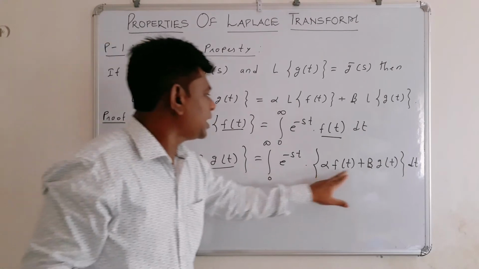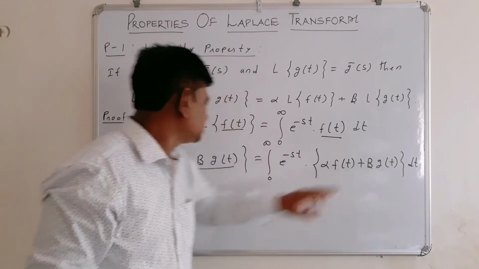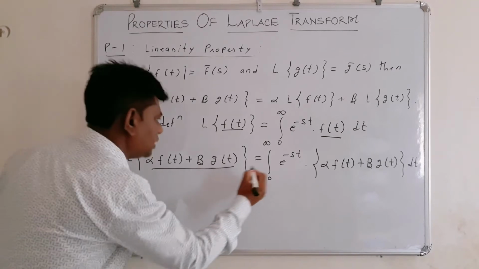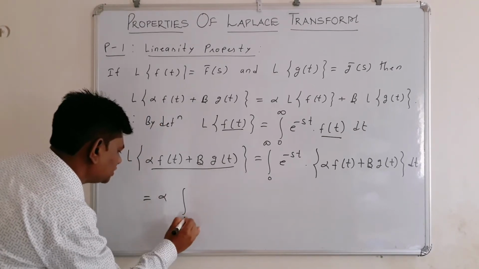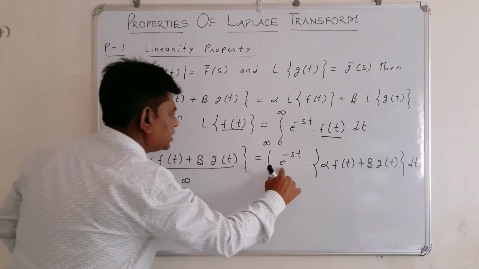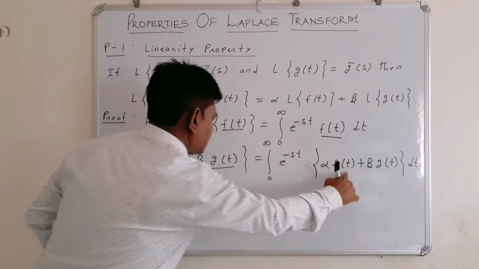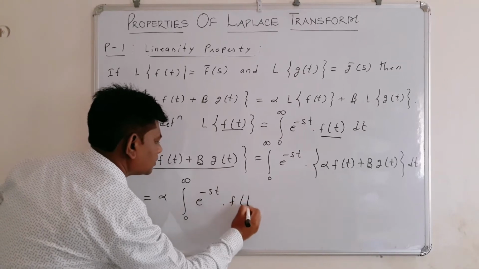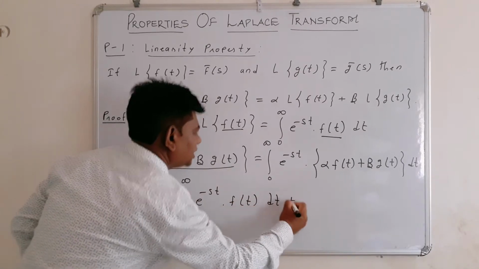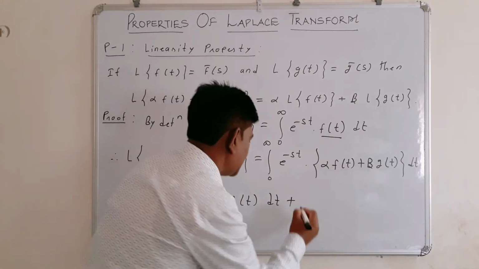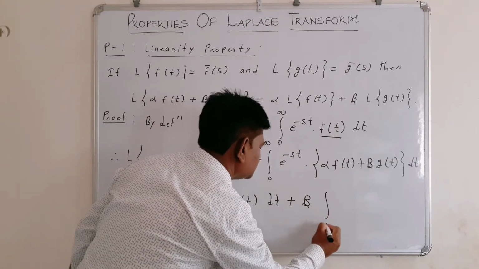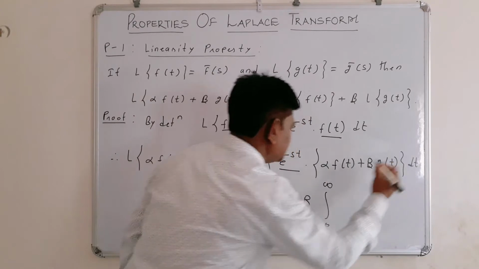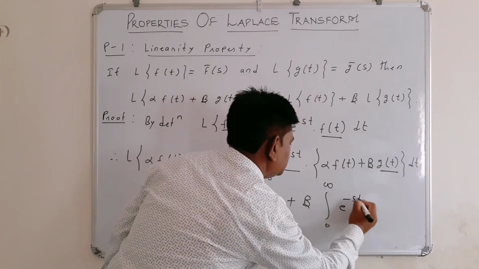Now here alpha and beta are constants, therefore taking them outside the integration, this is equal to alpha times integration 0 to infinity e to the power minus st f(t) dt plus beta times integration 0 to infinity e to the power minus st g(t)